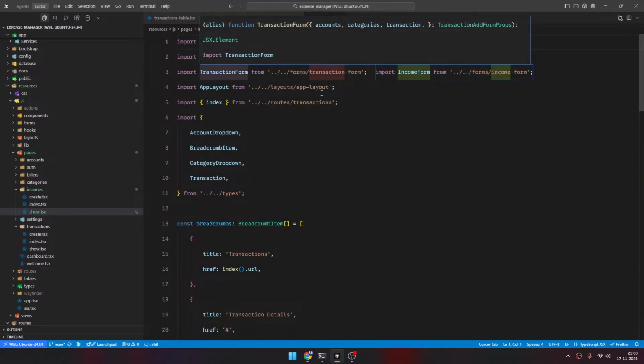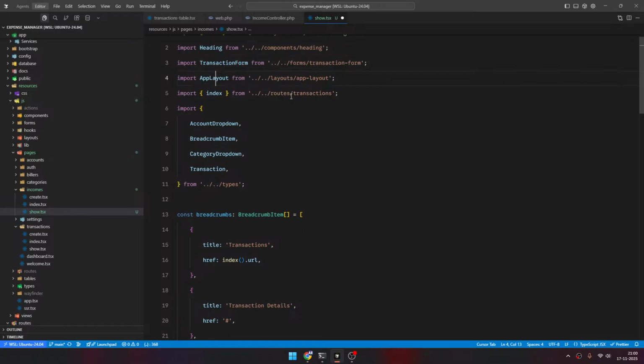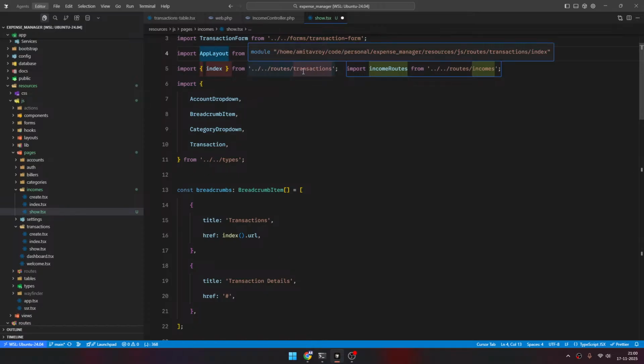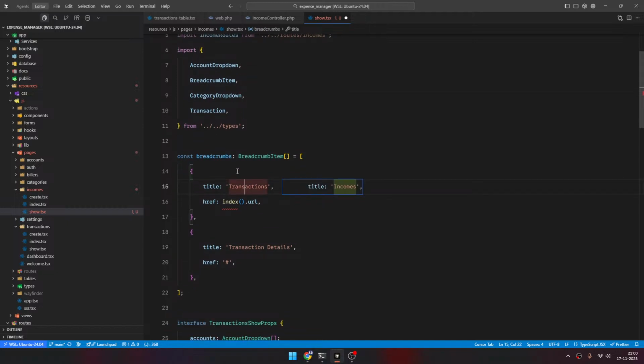So transaction form, yeah, I think this will continue to be the same. App layout, index from transactions. I don't think that will be the case because this one will have to be from incomes. Yes. Okay. Then these all things are fine. Yes, this becomes income